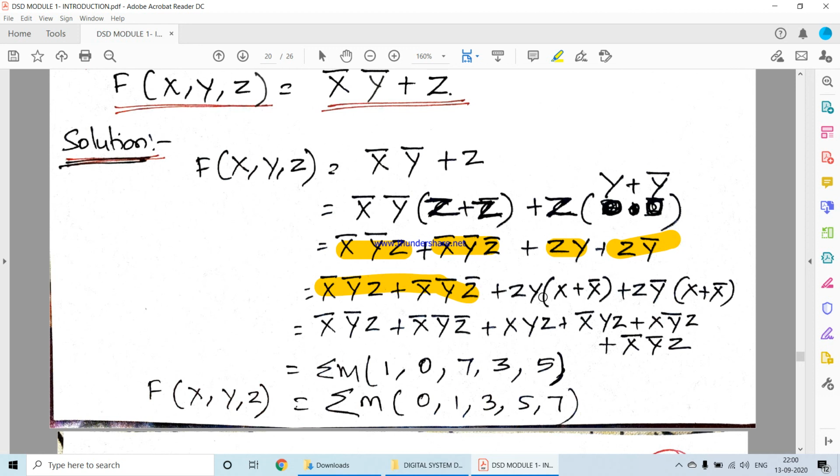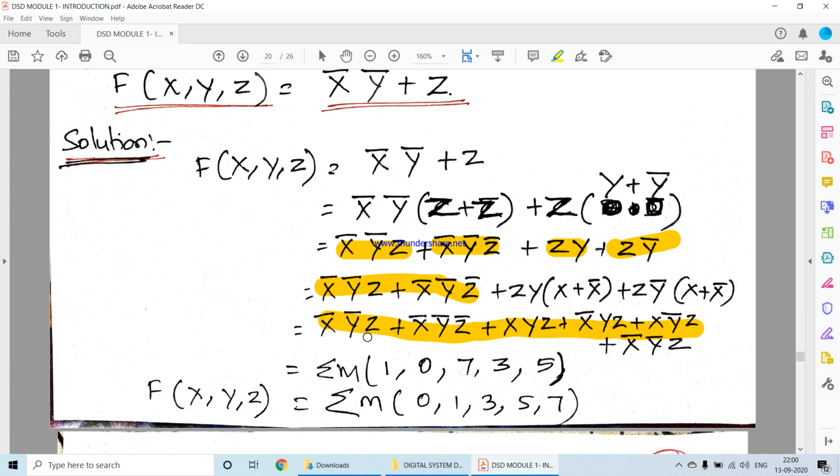XYZ, ZYX or XYZ, one are the same. Therefore, XYZ plus X bar YZ plus XY bar Z plus X bar Y bar Z. Okay, this is the expression I have got. Now you see this entire expression is in the standard form, because all product terms you can see have all three variables. Now here X bar Y bar Z is repeated. So a plus a equals a. Therefore x bar y bar z plus x bar y bar z equals x bar y bar z. You can write it only once.